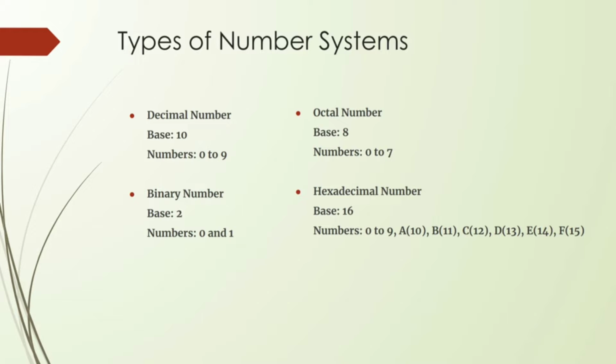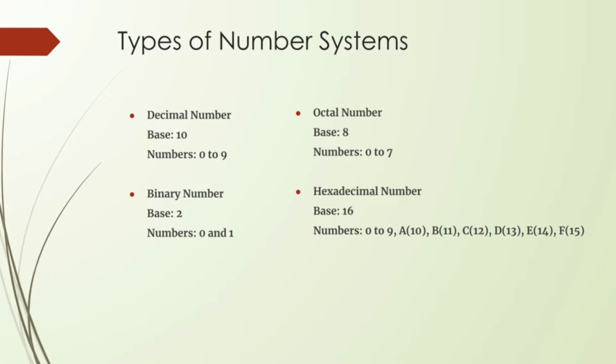The first one is the decimal number, and the base value of the decimal number is 10 and the digits are 0 to 9. The second one is the binary number, and the base value of the binary number is 2 and the digits are 0 and 1. And the third one is the octal number. The base value of the octal number is 8 and the digits are 0 to 7. And the fourth one is the hexadecimal number. The base value of the hexadecimal number is 16 and the digits are 0 to 9,